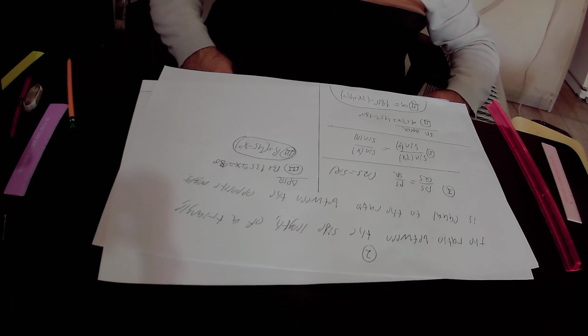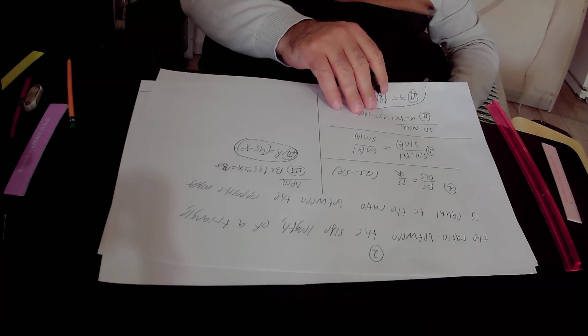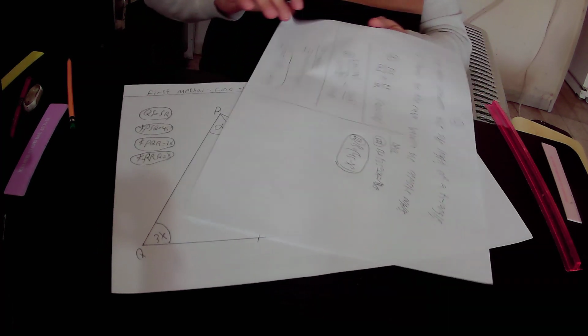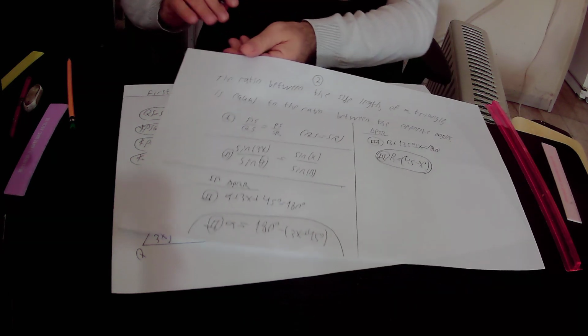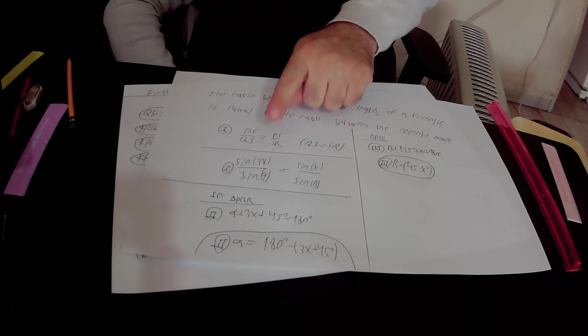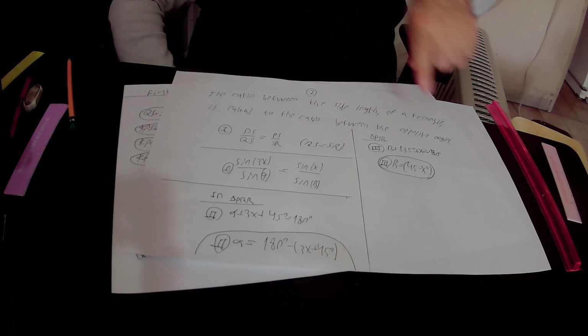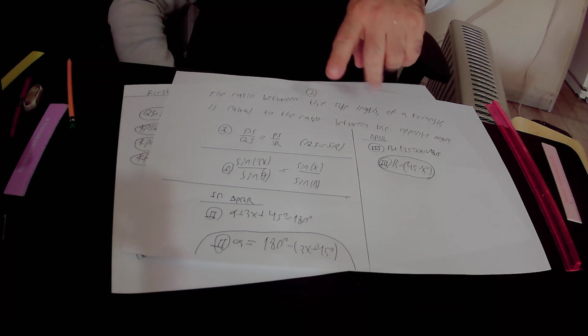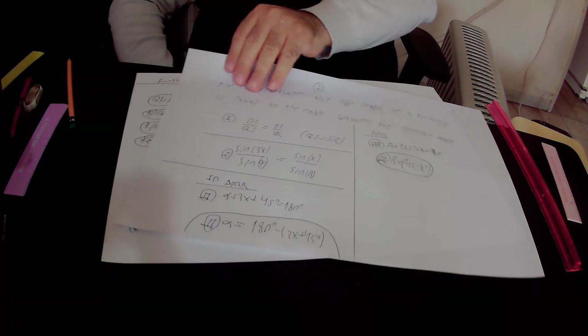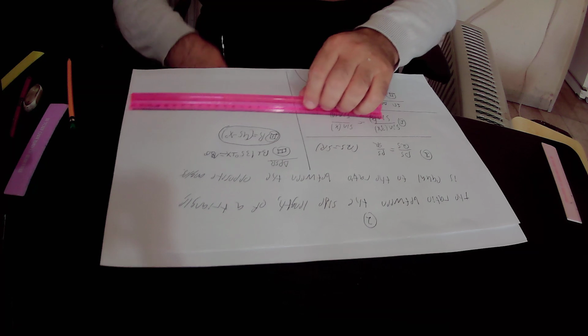So now we can substitute sine alpha and sine beta in equation number 1 by the values that we found out for sine alpha and sine beta. So we'll do it now, and we will get that